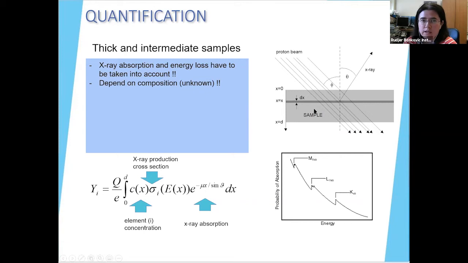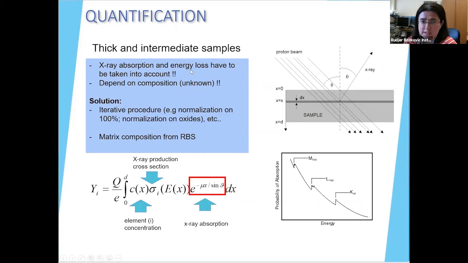So basically, you have to take that into account also. Also, if X-rays are produced somewhere deep in the sample, they have to exit our sample, and they are absorbed in the sample. So we have to take this into account also. But this absorption will depend on the composition of the sample. So it's not quite easy to obtain